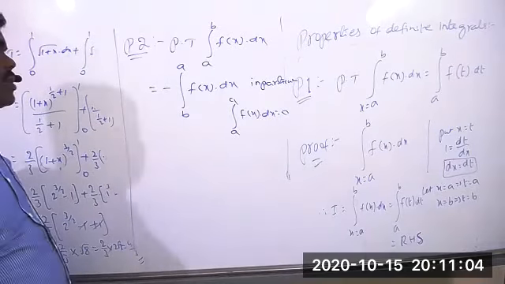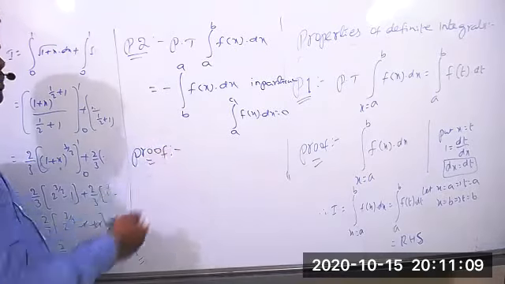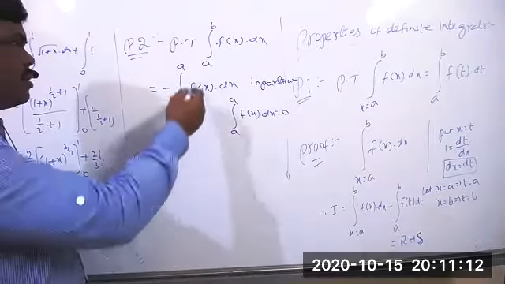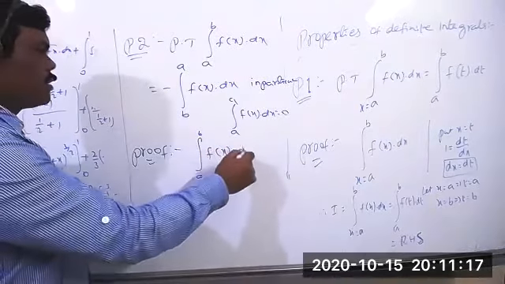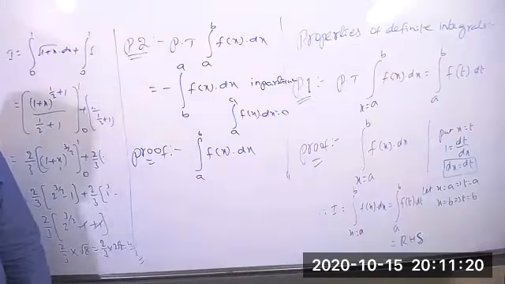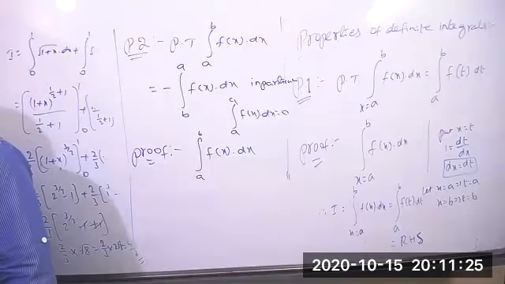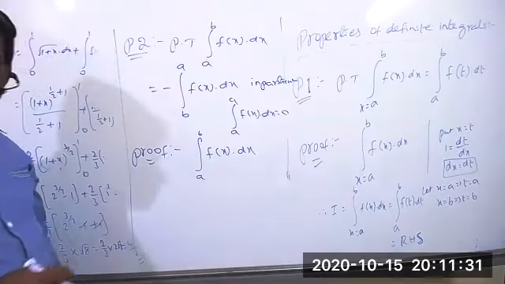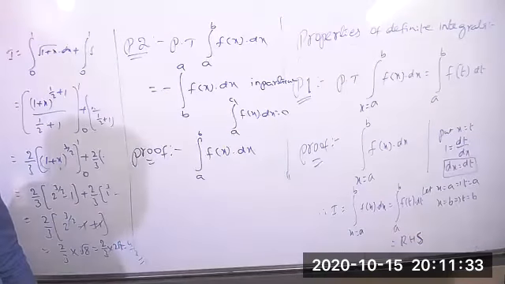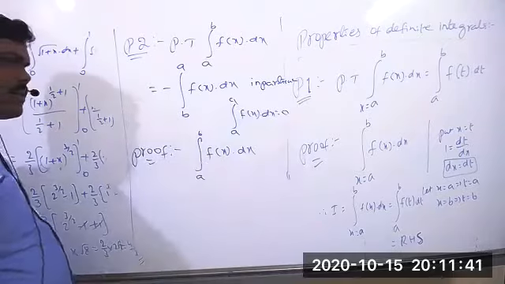Okay. Then how to prove this? You can prove this, very easy and simple thing. I think you know very well. So what is given actually? In the proof, integration of a to b f of x dx is given. Then when you are taking that f of x dx, we know the formula by using the first fundamental principle. Now we can apply the first principle here.